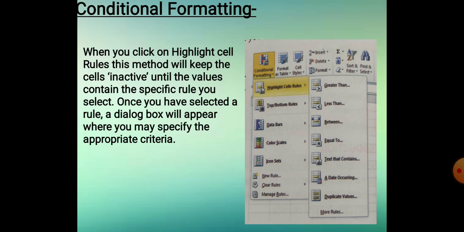When you click on Highlight Cells Rules, this method will keep the cells inactive until the values contain the specific rule you select. You have the option to select greater than, less than, between, equal to, text, a date occurring and duplicate values.